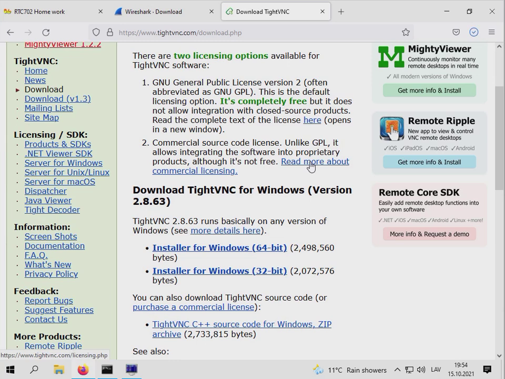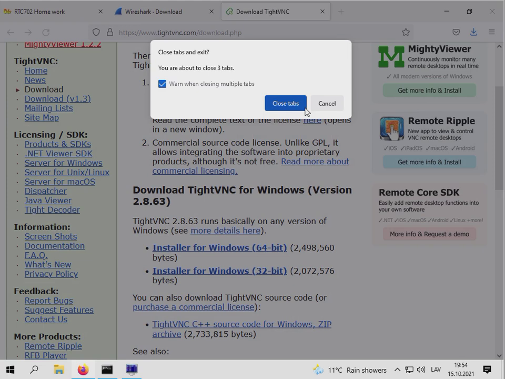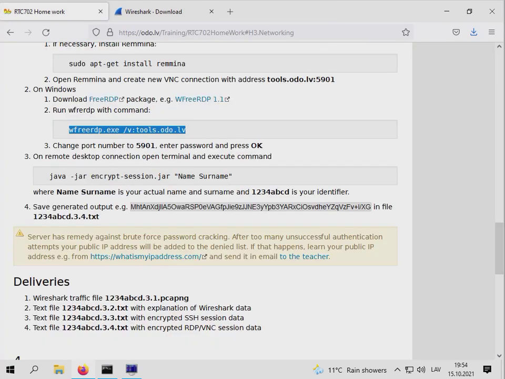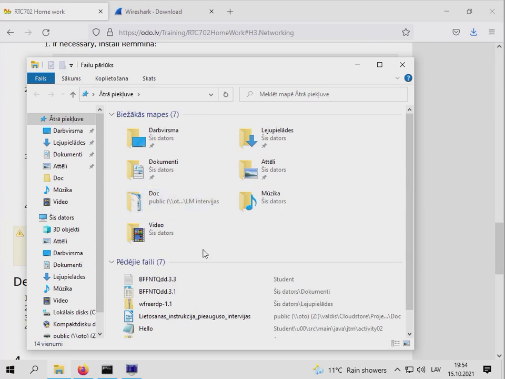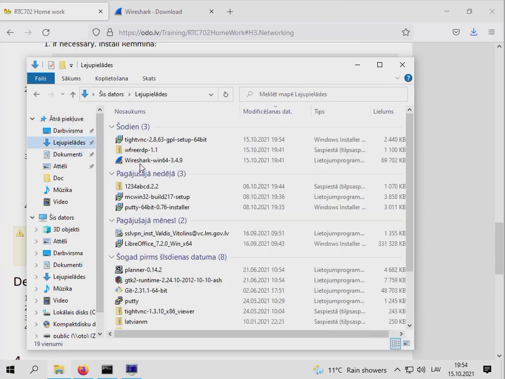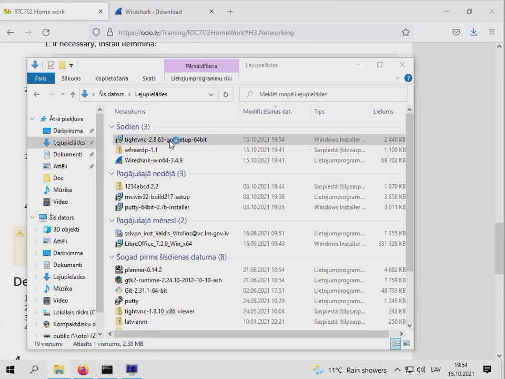Because I thought that particularly for Windows using RDP protocol maybe is easier. And if you have a built-in RDP client in some older version of Windows, maybe this works well as well. So if you use a utility for VNC protocol,